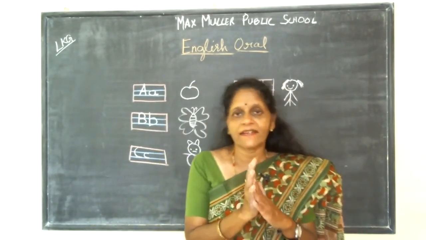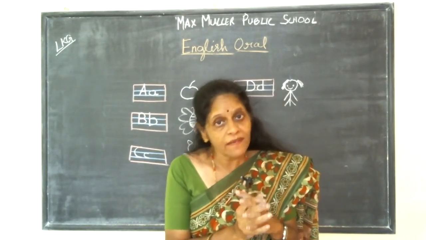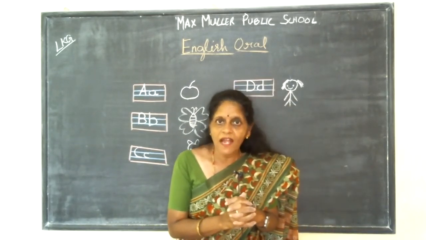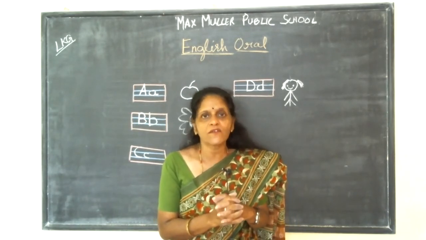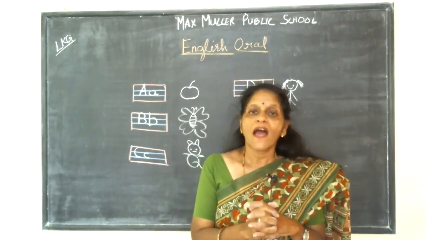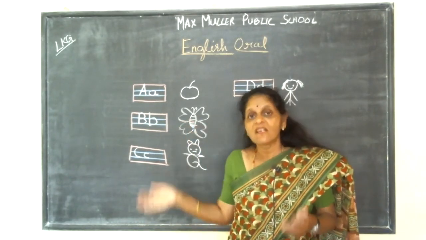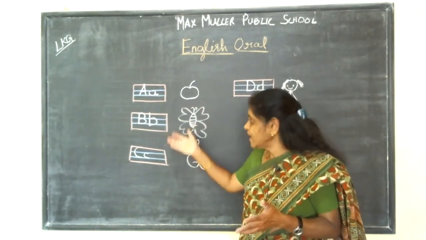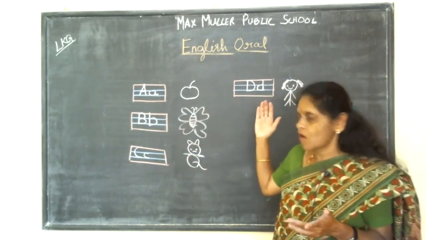So in English writing, you learned. What did you learn, children? Pattern writing. So parents, once again I request you to sit with the child and give them the practice. So that will be much easier for them to write the alphabets. Okay, children, you have to practice in the rough notebook whatever I taught in English writing. So in English oral, you learn from A to D.